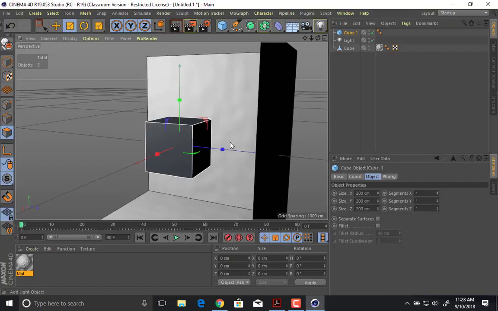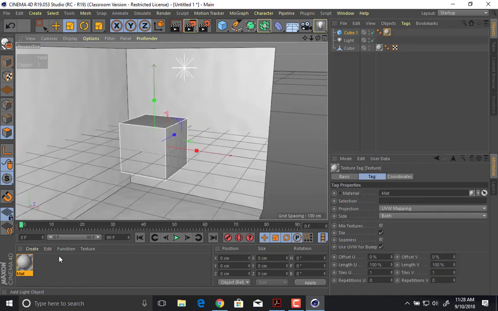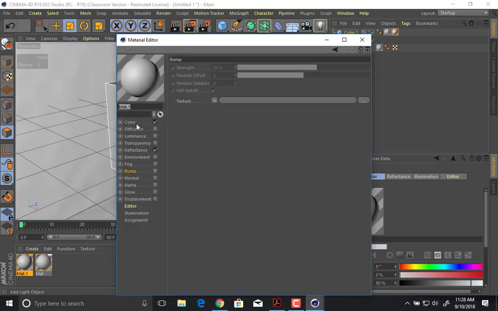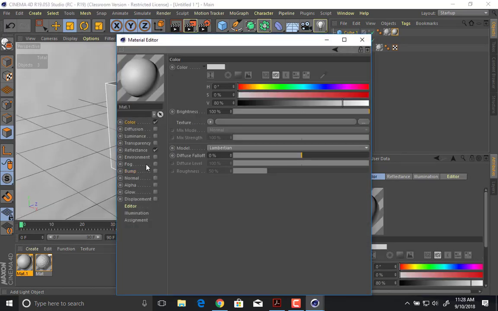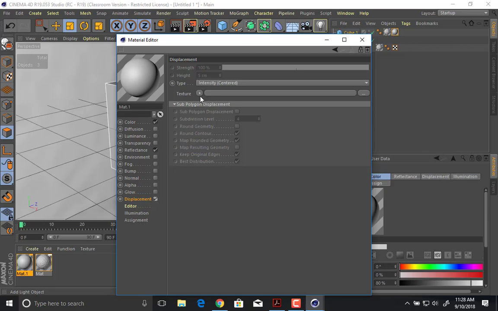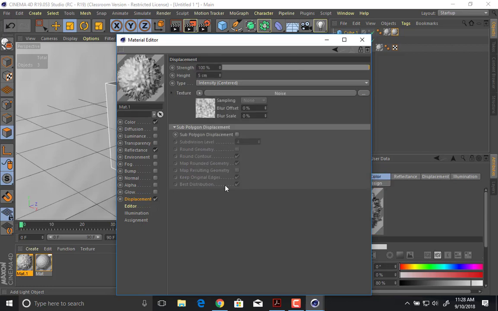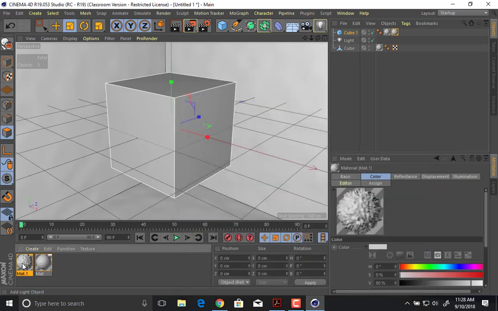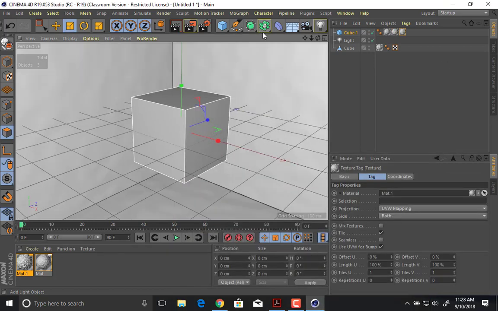Displacement. So displacement is different than bump. Let me drop this back on here. Actually, let me just make a new one. There we go. Okay, so this is smooth again. If we go down to displacement and we turn this on, and then I go to noise here, you'll see that the image for this is not just a sphere that looks like it's bumpy, it actually bumps it out. Okay, displacements will actually give you that depth. So now if we render this,